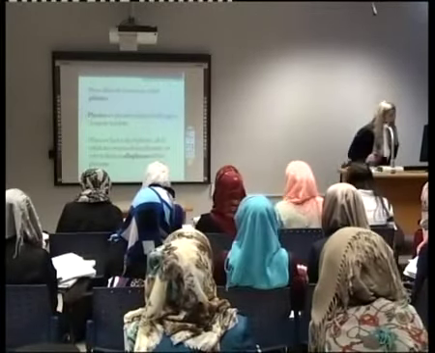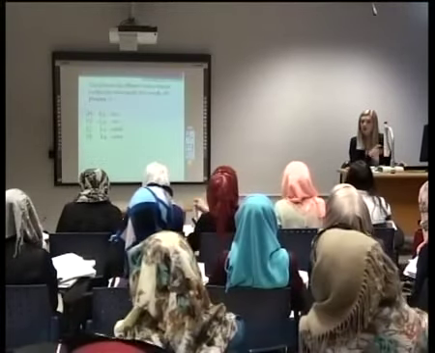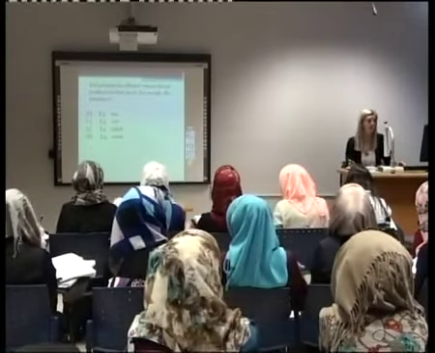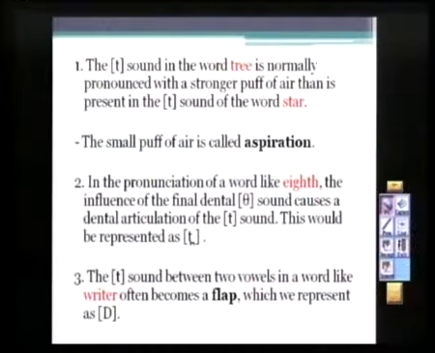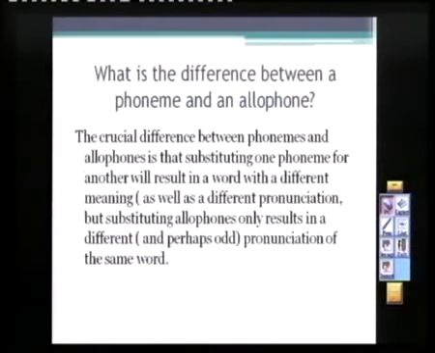So you have here, we said all of these versions are allophones of the phoneme ta, and the allophone should be in square brackets. Remember that. Okay, so you have here an explanation, the same explanation that I just said. So you can get the slide and read it by yourselves because I just said that. Then, before I talk about nasalization, last time we talked about the difference between a phoneme and an allophone.